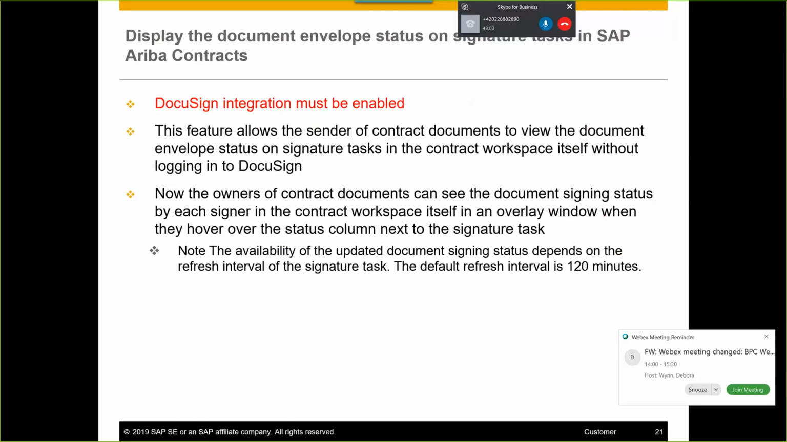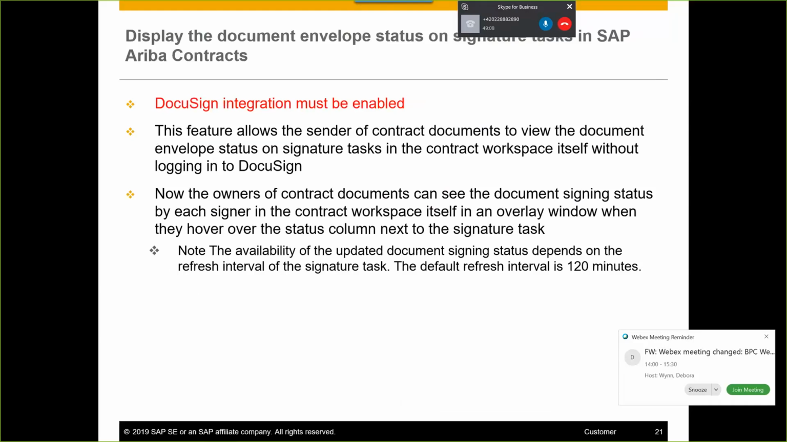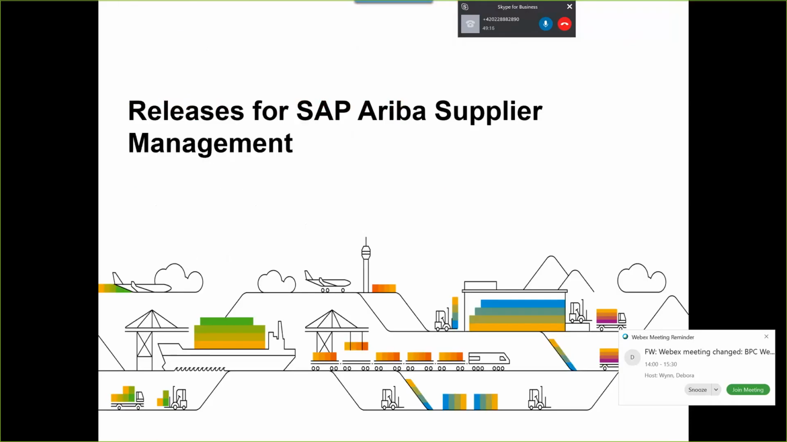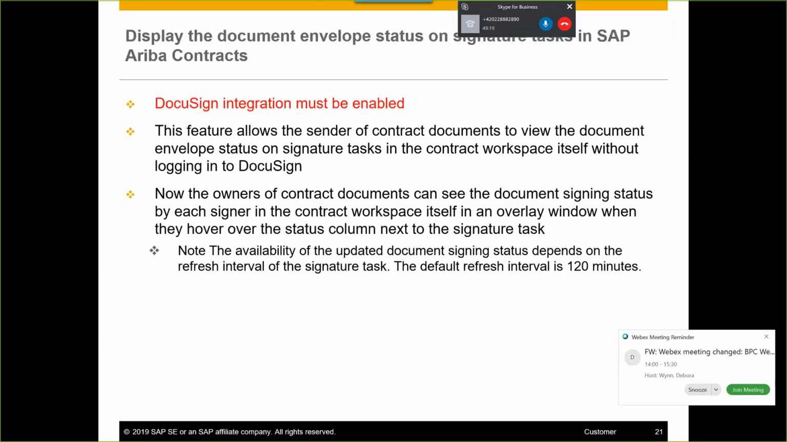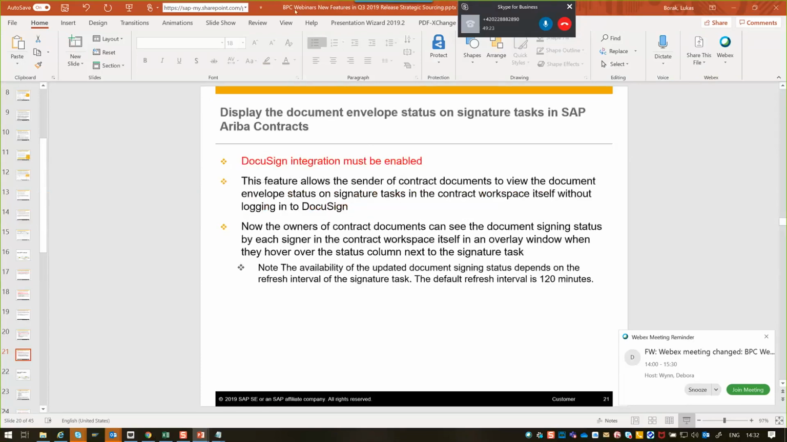I've not prepared any demonstration for this feature. Maybe before we go to supply management and risk, I can pause sharing and ask if there are any questions. There hasn't been any questions so